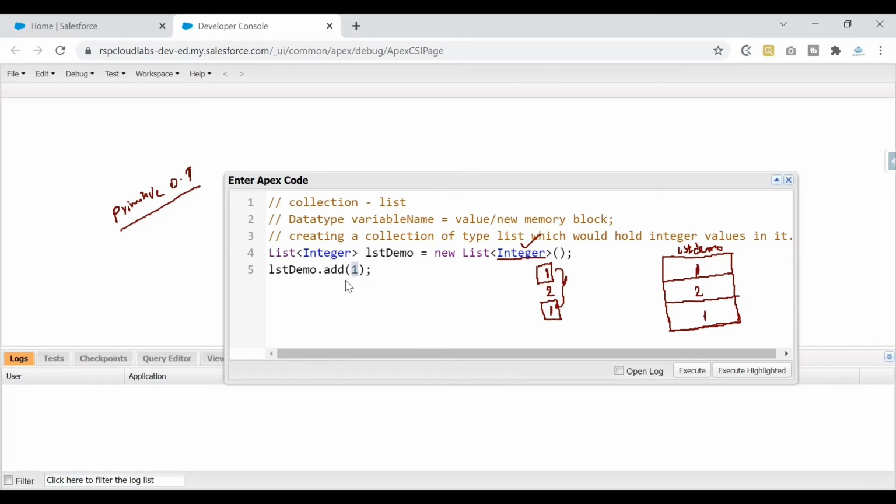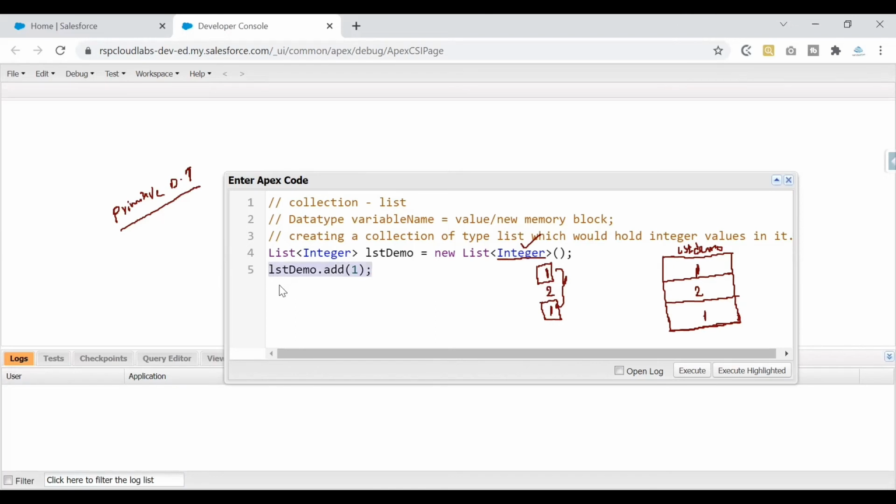In case you want to pass a string, if you have defined your list to hold string values, then you would simply pass the string value, by putting single quotes. Since that is not the case, I want to pass an integer value to my collection because I've defined my collection as integer. So I'm directly passing the number into my add method. Do not worry if you have not understood what exactly a method is. For the time being, think that in order to add values to your collection, you need to use a method called add, and within the small brackets, you need to pass the value.